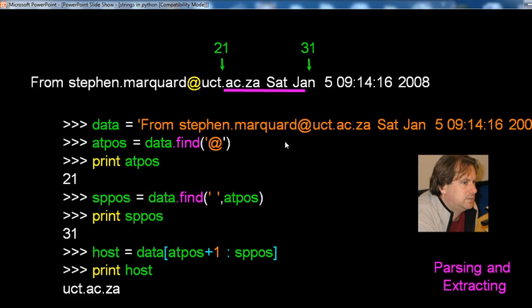The data from Stephen dot Marquard is given. Data dot find at the rate prints the at sign position, and the index available is 21. Data dot find space after the at position prints the position, which is 31, and here it displays 31. For the host address, data from the at position plus one to the stop prints as uct.ac.za. Also, one of the strings is given, which you can define; that is parsing and extracting.